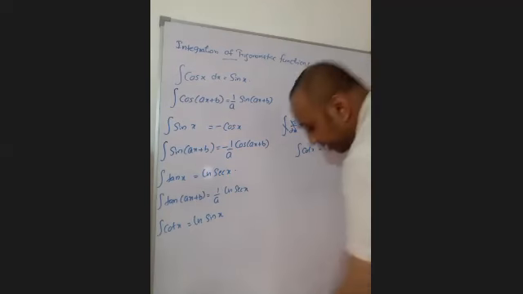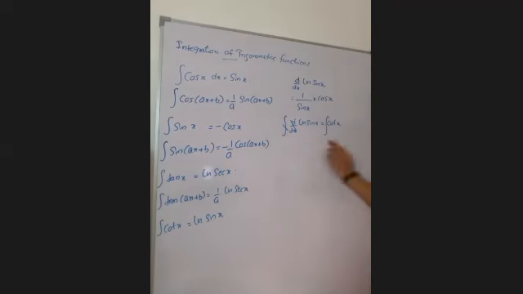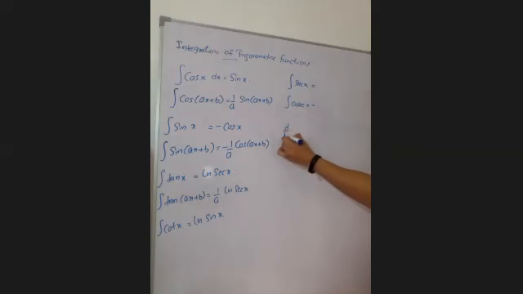Then the next part is just like this. We know the integration of sin x, cos x, tan x, and cot x. Then we should also know the integration of sec x and the integration of cosec x. These are the facts we should know. Then if you differentiate sec x,